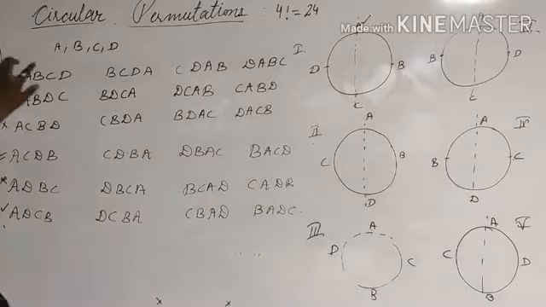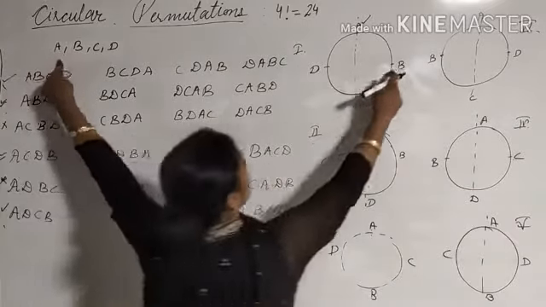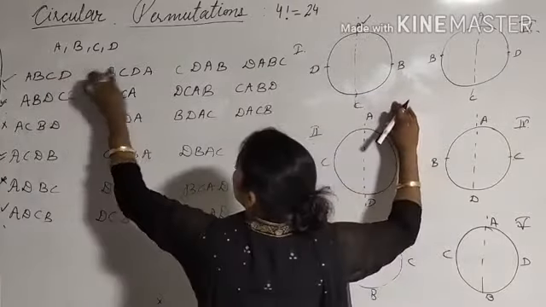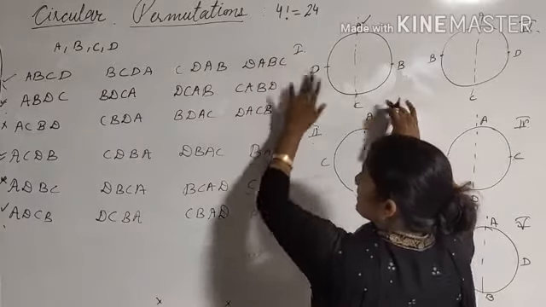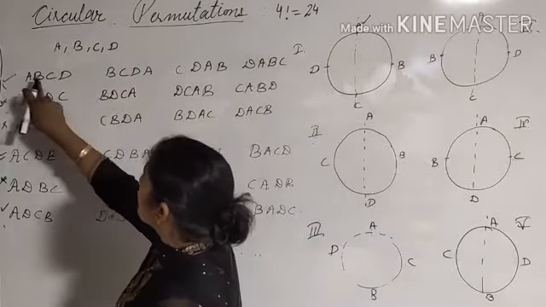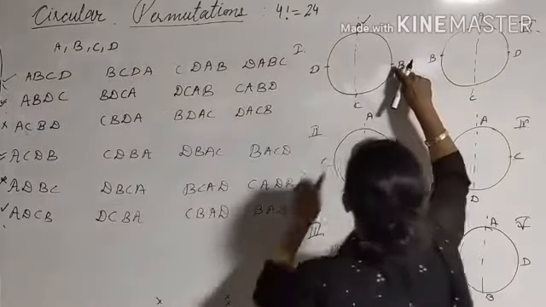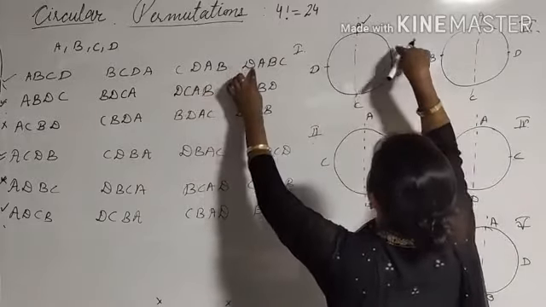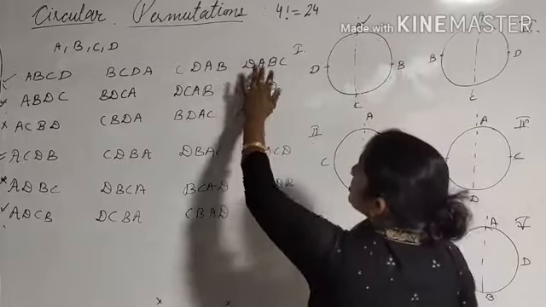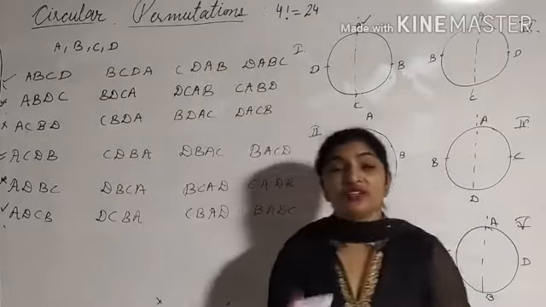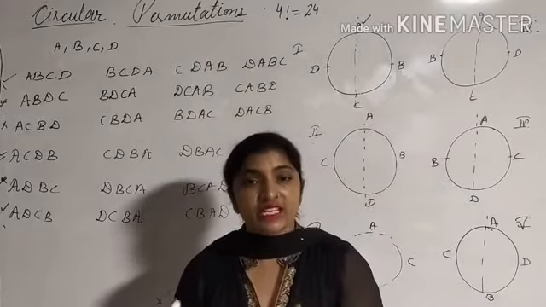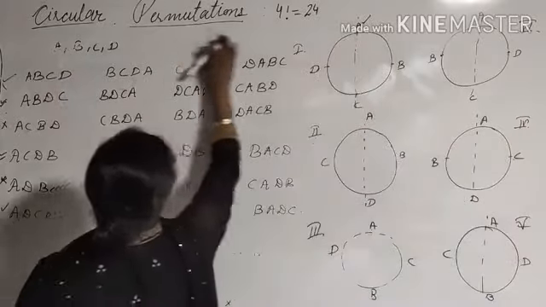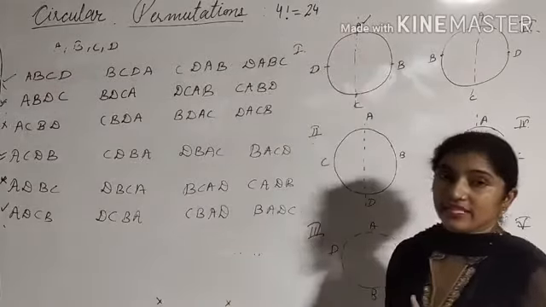See, if I arrange A, then B, then C, then D on a circle, right? Then see each of the four arrangements in each line. So first line: A, B, C, D, then B, C, D, A, then third, C, D, A, B and D, A, B, C. So all of these four arrangements, which were different in linear arrangement, give rise to the same circular arrangement, that is, these four arrangements will give only one circular arrangement.